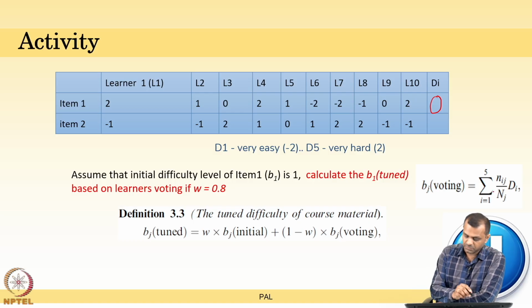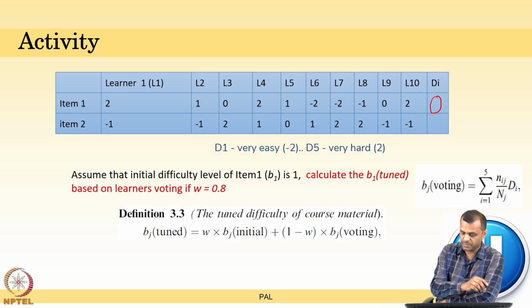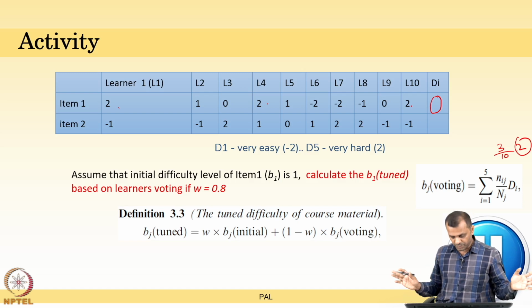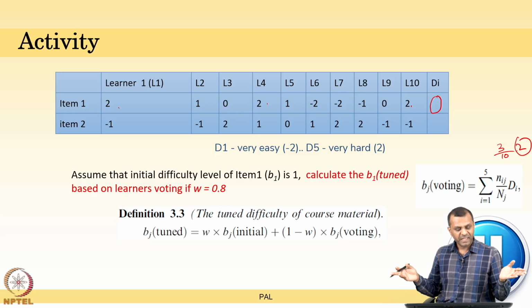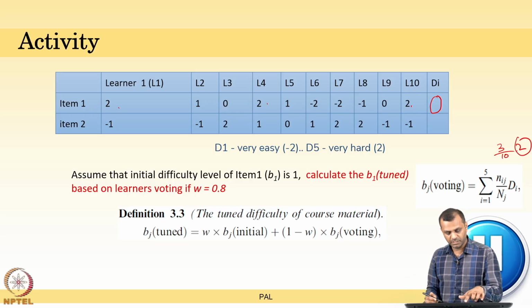So okay, let's go for 1. For Nij, how many people have said 1? Or maybe I could say, how many people have said 2? 1, 2, 3. 3 people out of 10 learners marked the difficulty level of 2. This is the value. So then I could compute it and count it, or you could do a simple action. This formula is kind of confusing, but the very simple basic formula is to add everything and divide by 10. That average would give the answer. So 2 plus 1, 3, 3 plus 2,